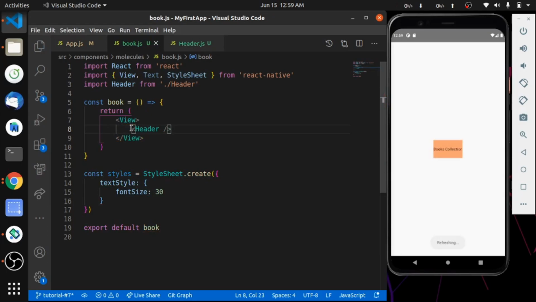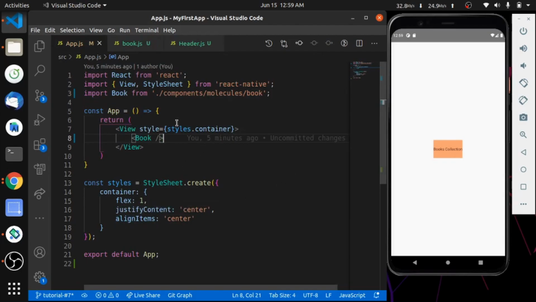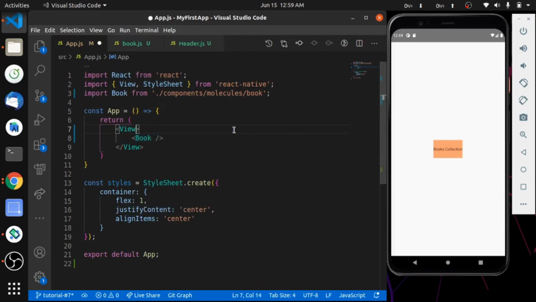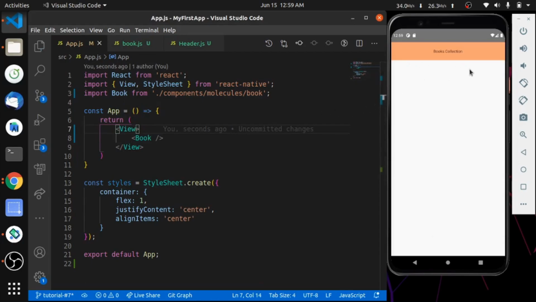It is showing in the middle of the screen and I want to show it at the top. So I just need to remove some styling from app.js and you can see it's already at the top as I want.